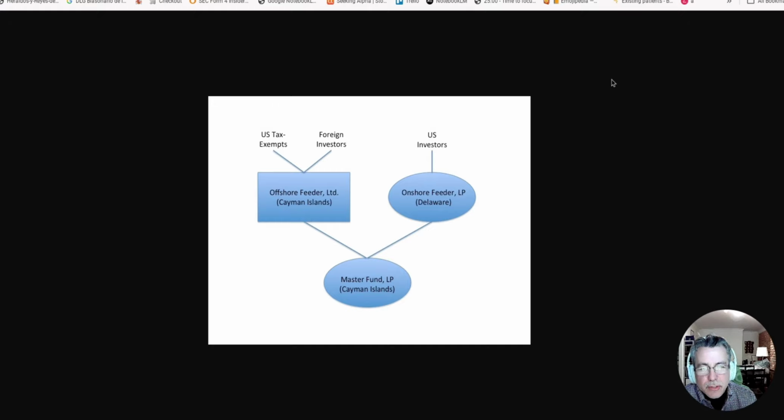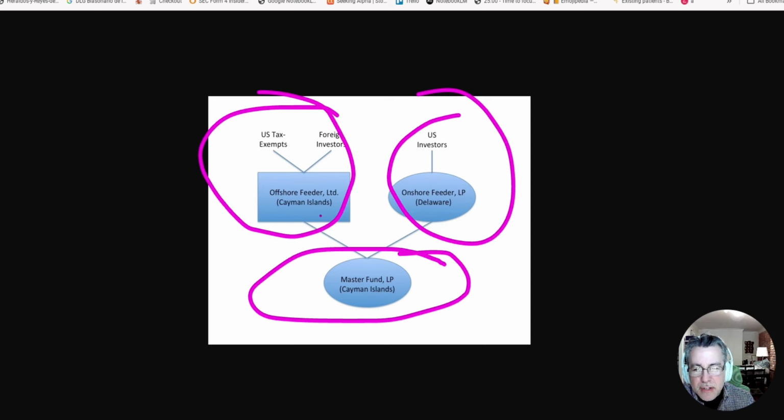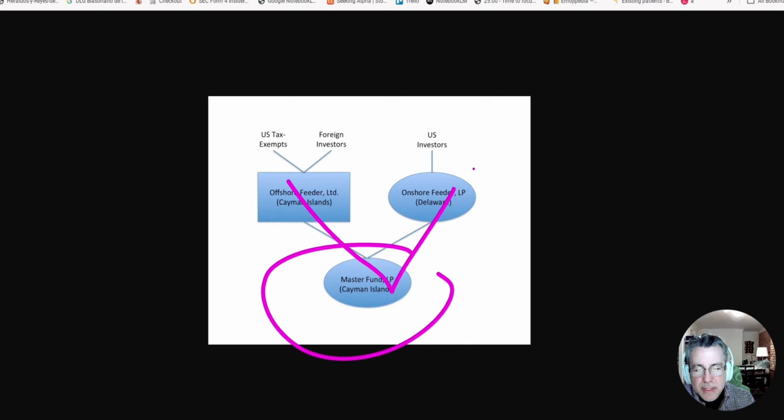So here's an easy example to understand for no action. The CFTC required hedge funds to give audited financials to all their investors. And eventually, hedge funds started using something called a master feeder structure, where instead of having one fund, for tax reasons, you would have one fund with the taxable investors and a different fund with the non-taxable investors, such as nonprofits in the US and foreign investors who don't pay US taxes, and then just have the master fund trade for both of these. The money would flow in, and then the funds would flow back.